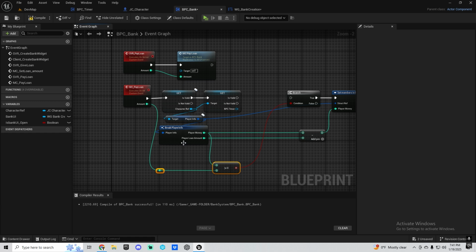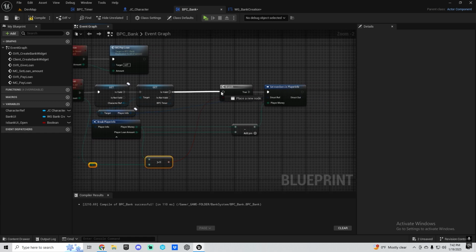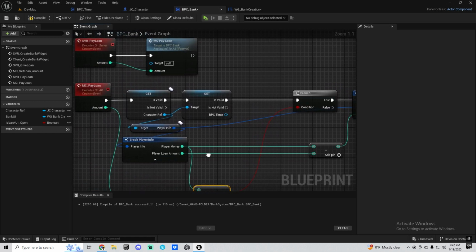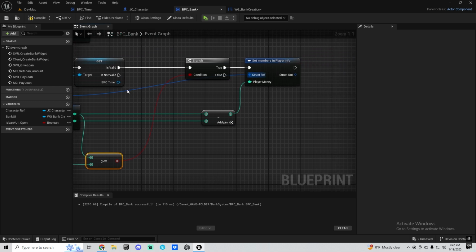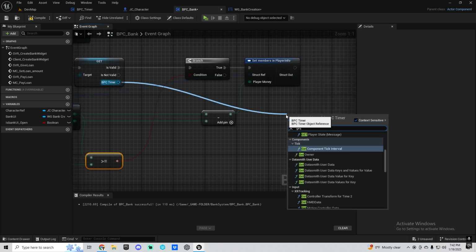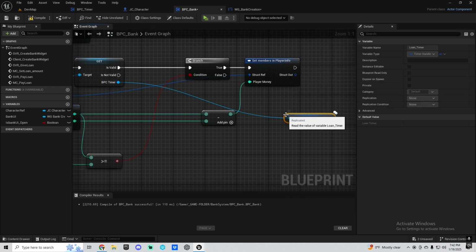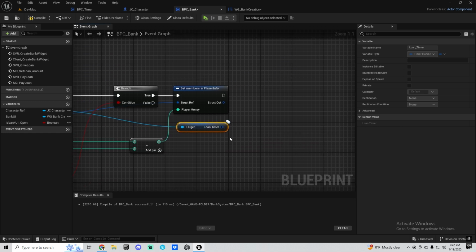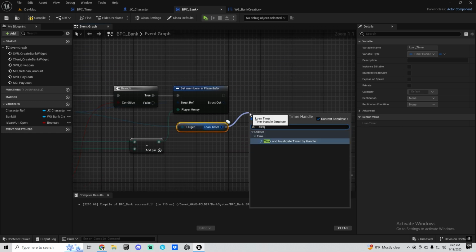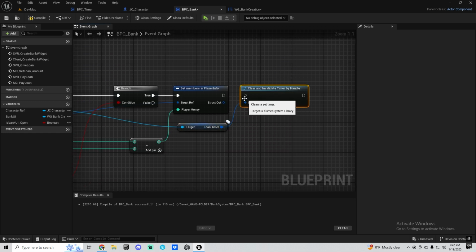Put this right here, don't forget, plug this up. So BPC timer, we say get loan timer, and then we do clear and invalidate timer by handle. And then